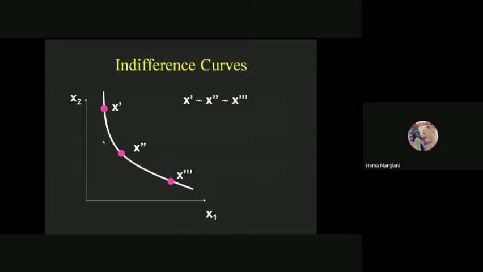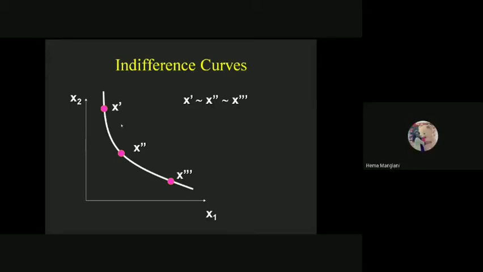We consider that we have three different bundles. Now you can see these three bundles are on the same indifference curve. When it is on the same indifference curve, that is also following indifferent relationship and also weak ordering. But what happens when the consumer has a budget line? If we have a budget line, then this would become your strong preference over this and then this. Are you getting my word?